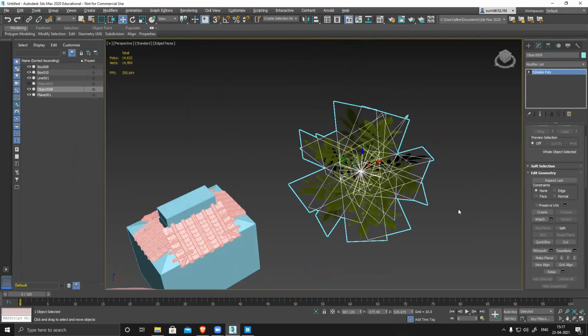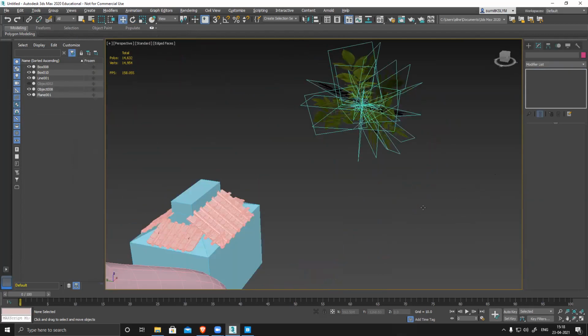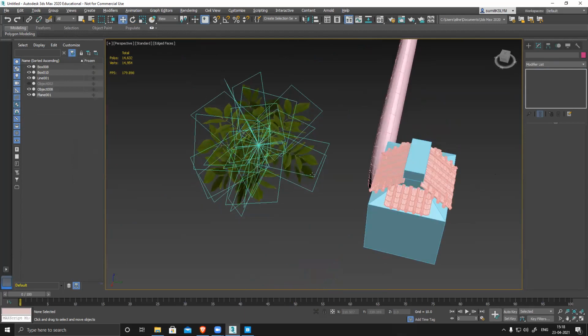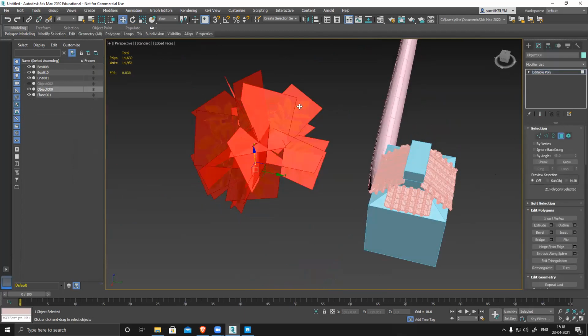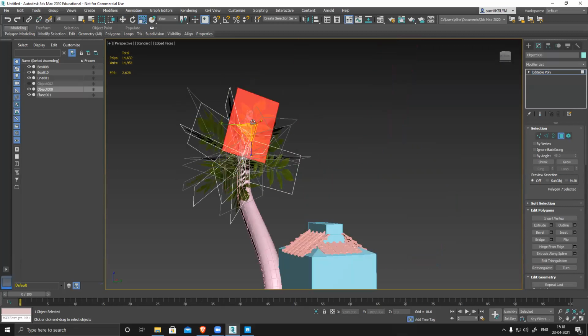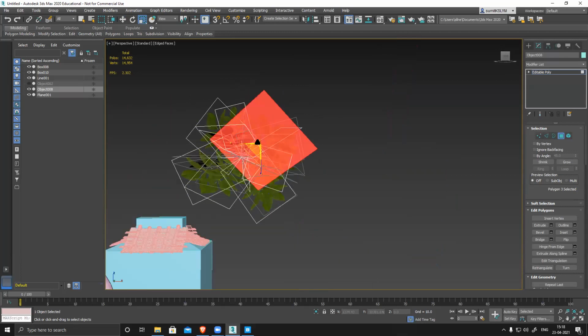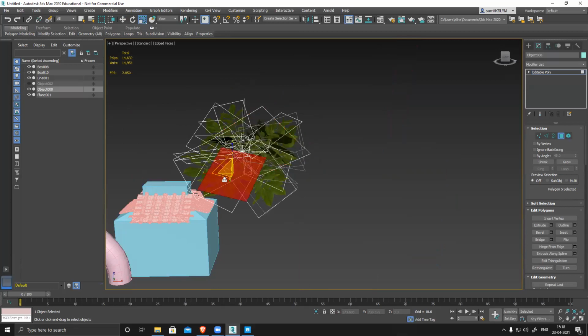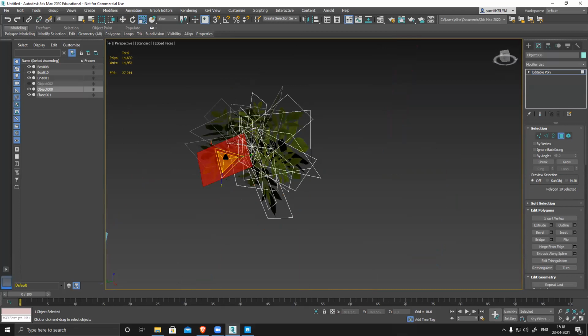Now to create a variation, I can reduce some planes, scale down, like this one, reduce it, increase it. So I'm just creating variation now.